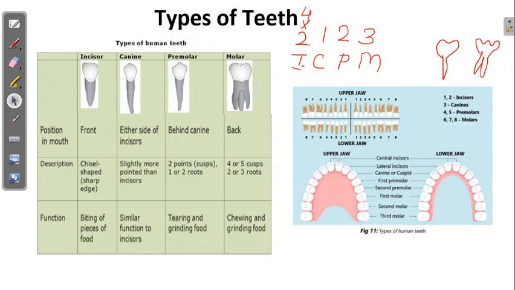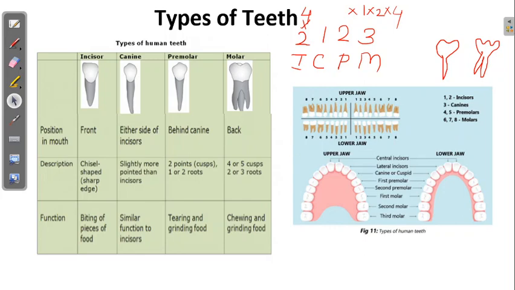So this is about the function of teeth. You have incisors, canines, premolars and molars. This is for one part, that is, your mouth is divided into four parts. If I divide the mouth into four parts, one part will have two incisors, one canine, two premolars and three molars. If I want it for my lower jaw, I will multiply it by 2. If I want it for my whole set of teeth, I'll multiply it by 4. Okay, that is important, please remember it.